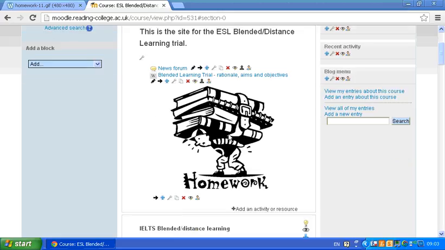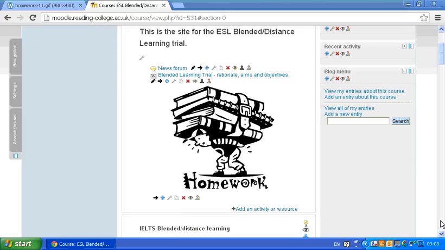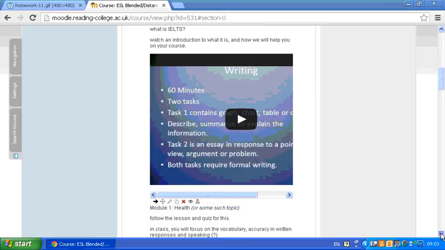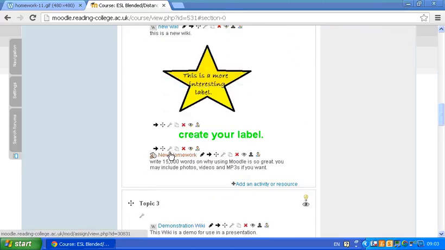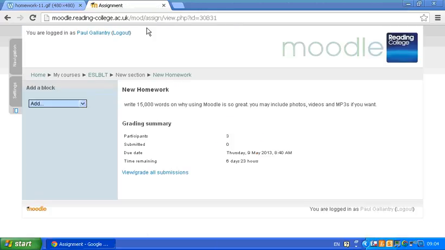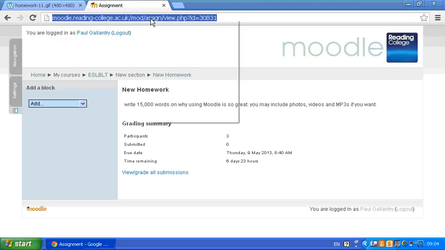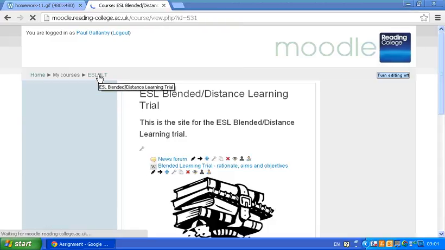So what we want to do is actually activate it to the piece of homework. And if we go down to the homework again, zoom all the way down here, let me just open this up and show you what comes up in the address list. Now, do you see this up here, the address? That is unique to this given page. So what we can actually do is create a hyperlink to it. We highlight, we copy, and we go back to our picture